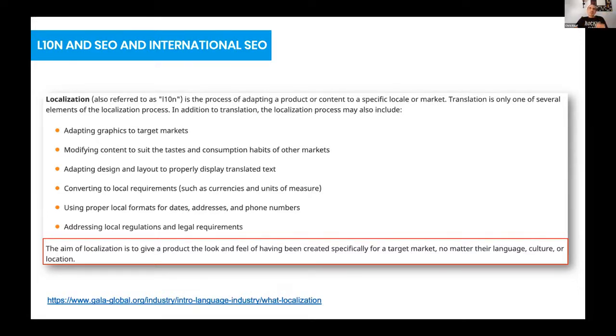Some LSPs now include it as part of the website localization project. Some of you have a separate line item. Regardless, I think it needs to be offered, right? And if you don't know how to do it, you can work with somebody on the back end, somebody like us. But I think it should be offered, right? Otherwise, it's just a beautiful website that's not getting found in the search engines organically.